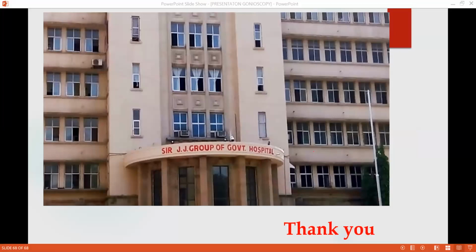What do you prefer? Like you said, there are certain limitations of gonioscopy. In certain cases, suppose a new PG or somebody is doing a gonioscopy, he or she may not be very sure whether they are identifying the angle structures correctly or not. In that case, it is correlatable with your OCT findings or something like that.